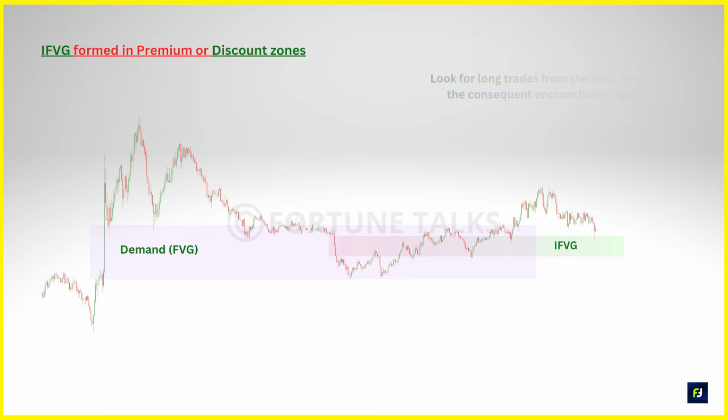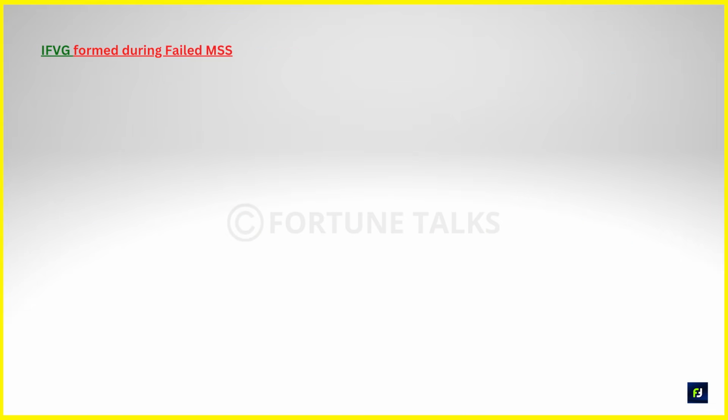You can use the consequent encroachment of this inverse fair value gap for taking your long trade entry by placing your stop loss just below the IFVG or below the lowest candle's wick, based on how much risk you are willing to take. Yet another way to spot high probability inverse fair value gaps is during a failed market structure